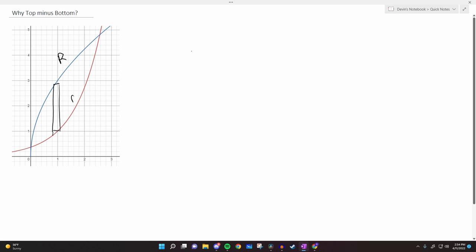Okay, so when you start learning integrals, you'll start integrating more complex functions, something that looks like this on the left, where you have two different graphs and you want the area in between them. Now you're always told to do big R minus little r, or top minus bottom, or sometimes even right minus